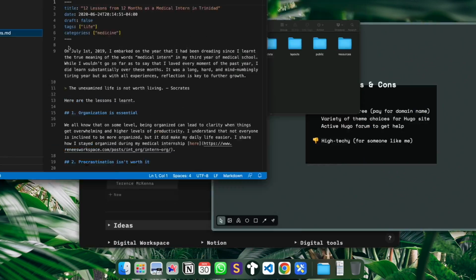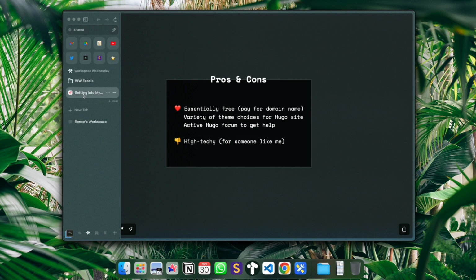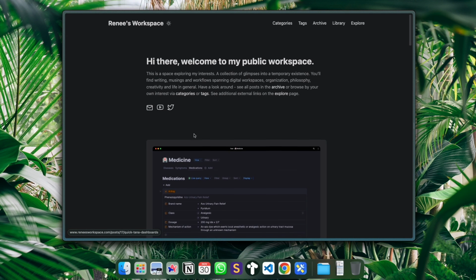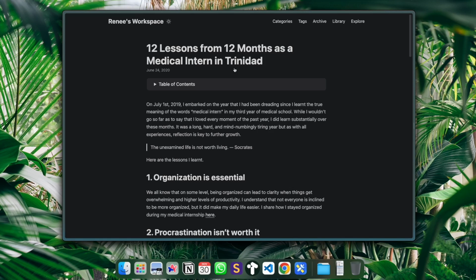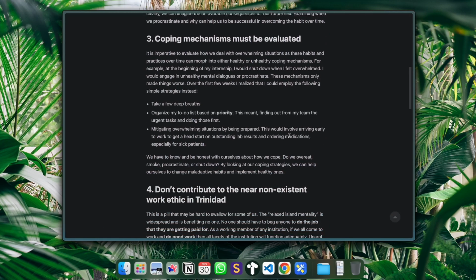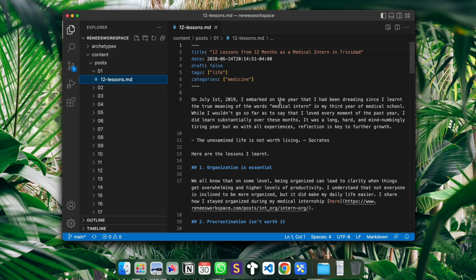For example, this is a markdown file, which contains the content of this blog post. If I go back to the website and I go to that post, you will see it's the same, it's the content that's there written in Markdown, right? It has this metadata, and it corresponds. This is what you have to enter in and change in order to adjust the title of the blog post,